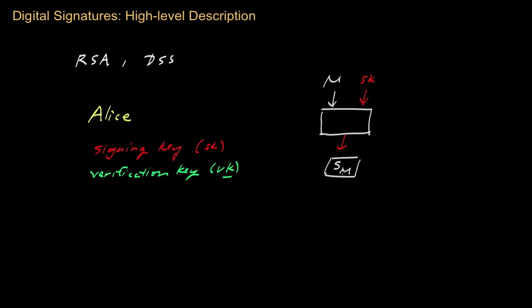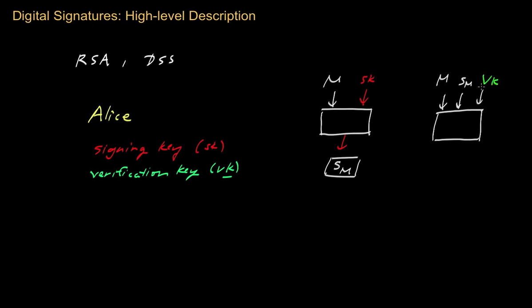Now, the verification process is analogous to the signing process, but it involves the public verification key. So in the verification process, you actually have three different inputs. The first input will be the message that you want to verify the signature of. You also need, in addition to the message, the signature on that message. What does that S sub M look like? And then finally, the final input to the verification scheme will be the public verification key